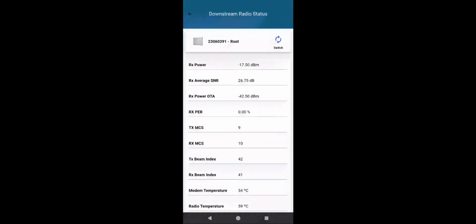Signal to noise ratio in this case is also very good. I have 26.75 dB listed. Anything between, say, 25 and 40 is going to be at the best rates and will allow you to get the best throughput. The receive power over the air is an indicator of the receive power after the receive antenna,